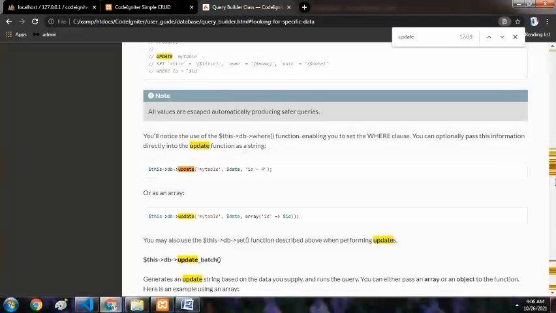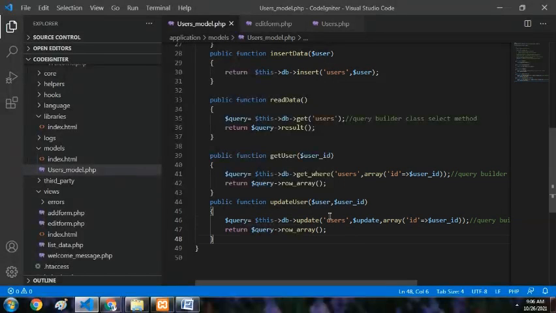We can search for queries like this. We got one query called DB update: table name, data, and the particular ID for updation. So here, update users, comma, the array of user ID for updation.